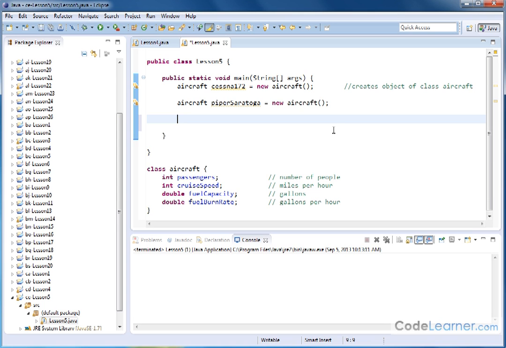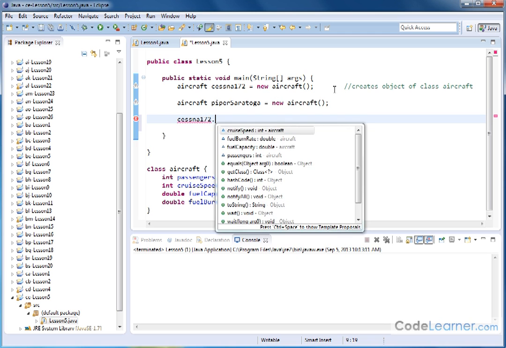It's very, very simple. Once you have the object created, all you have to do is just treat it like a regular variable. But you have to tell it what object you're talking about. So Cessna 172, and we're going to use the dot notation. So this is the object, and whenever I press the dot, notice how this dialog pops up, and it's telling me that cruise speed, fuel burn rate, fuel capacity, and passengers. Notice how they're a different color here, and they're all up here at the top, and notice how it